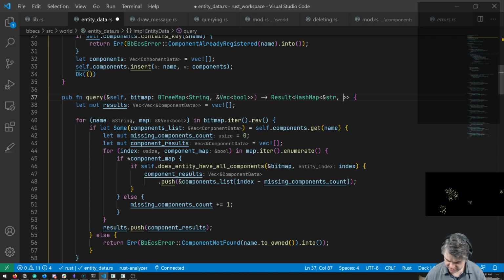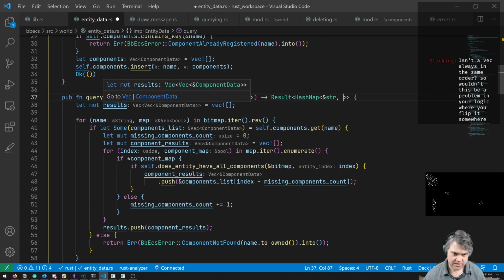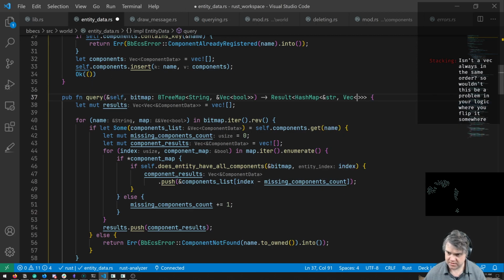And then here you're going to be, I have ownership of this vector. So vec. Isn't vec always in the same order? So wouldn't this be a problem in your logic where you flip it somewhere? That's the thing, if I reverse it, like I'm trying to reverse it here, but I don't understand why it's reversing in some areas but not others.